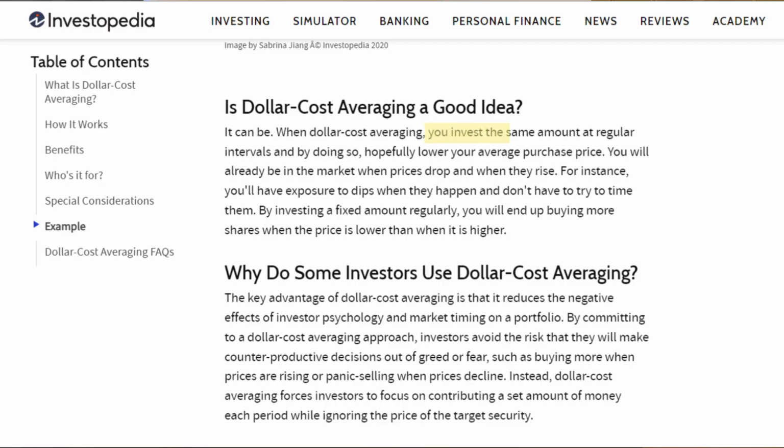Now, the most important part about the strategy is consistency. To use this strategy properly, you have to decide on a fixed time interval for your investments. It could be hours, days, or weeks, or any other period that suits your financial situation. You have to stick to this schedule to be able to benefit from the dollar cost averaging strategy, which means that regardless of where the market is, whether it's at highs or lows, you're still going to be buying